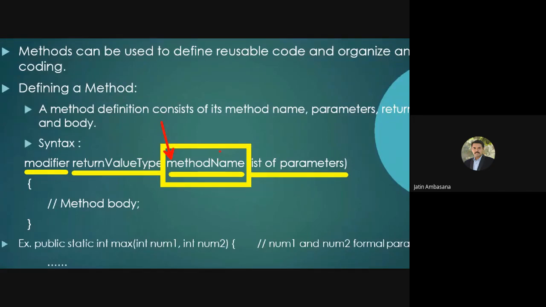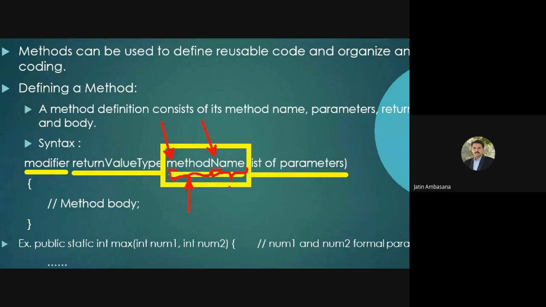If there are subsequent words inside the method name, then they begin with a capital letter. You can see in this method name, m starts with a small case letter, N starts with an uppercase letter. Why? Because this part is a separate word, and this part is a separate word.